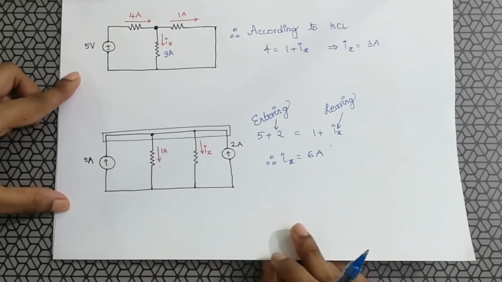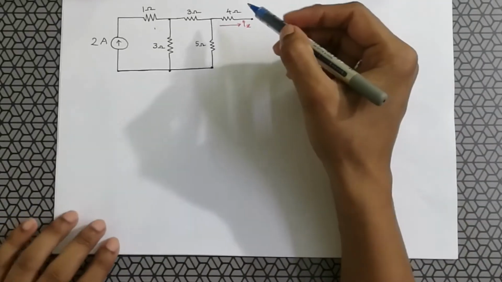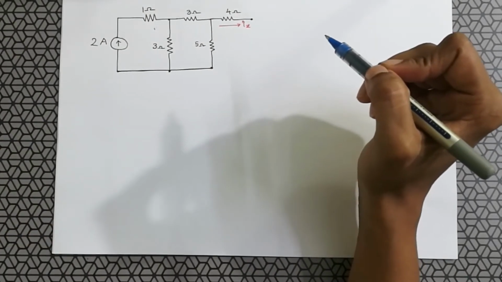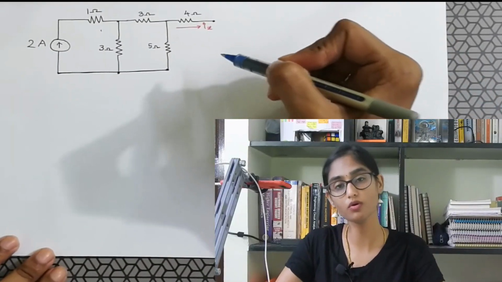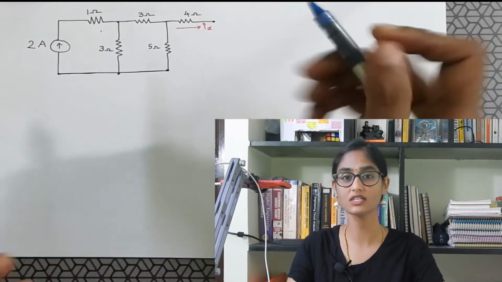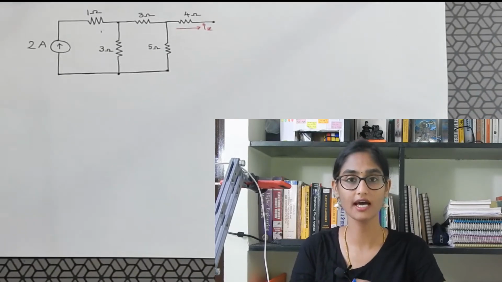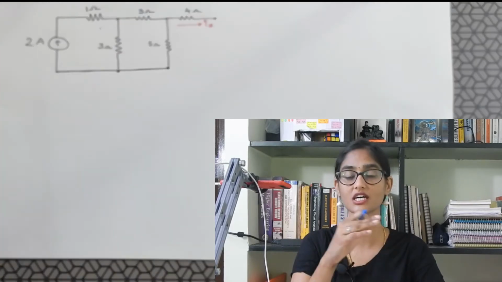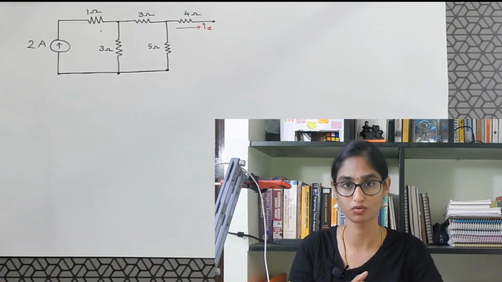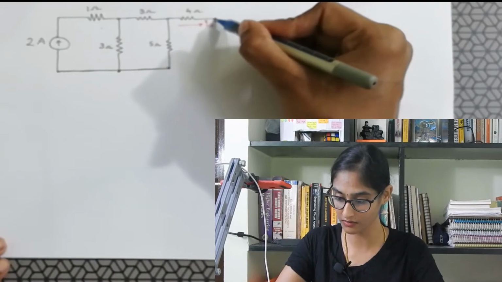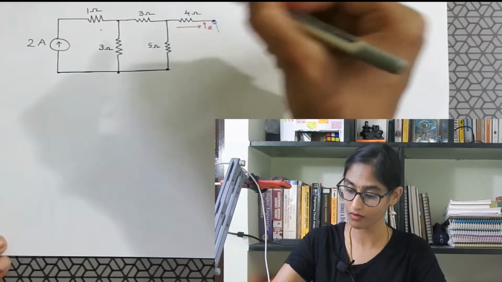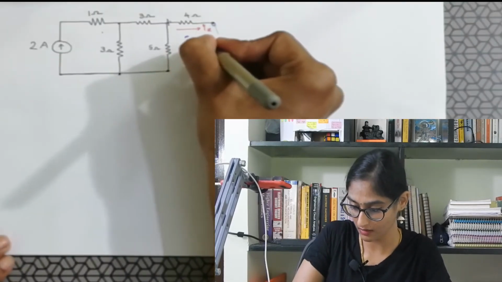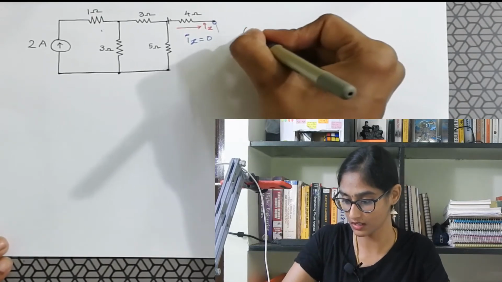Let us now say for example, we have an open loop. The 4 ohm resistor is not connected to anything at one of its ends. Therefore, no current flows through this loop, because current is just the flow of electrons, as you may know. When the electrons are flowing from one end to the other, it needs a conductor through which it can pass. There is nothing to carry the electron from this point to this point. Therefore, there will be no current entering this element. Ix will be 0 in this case. This is an open loop.